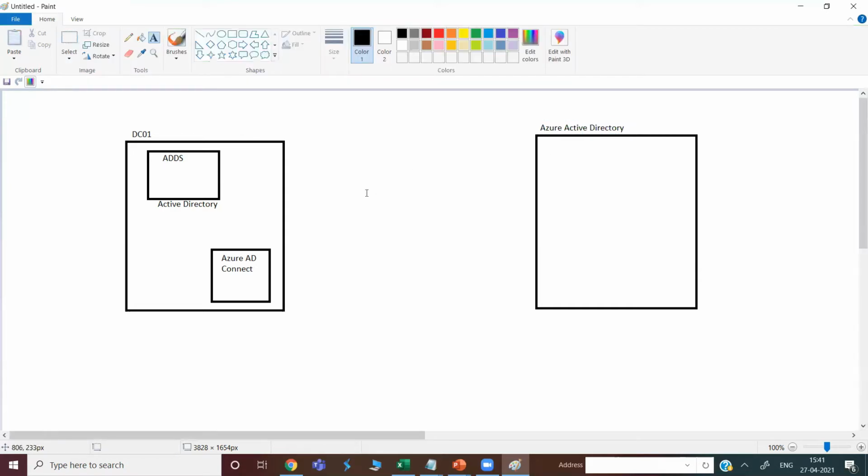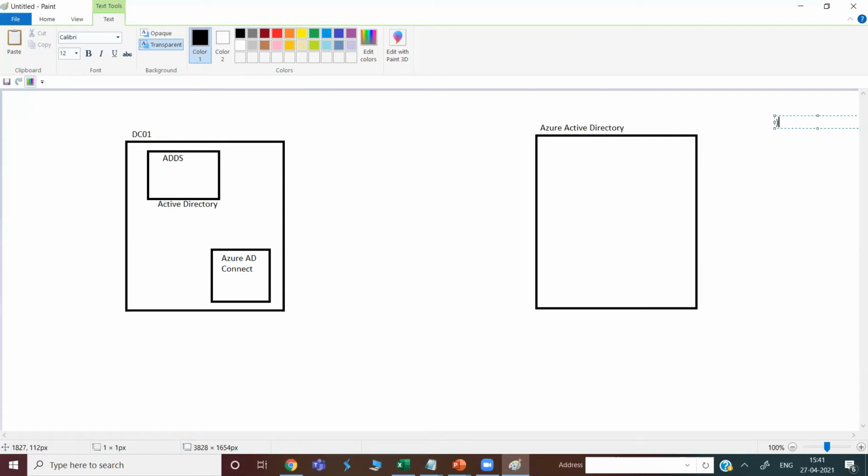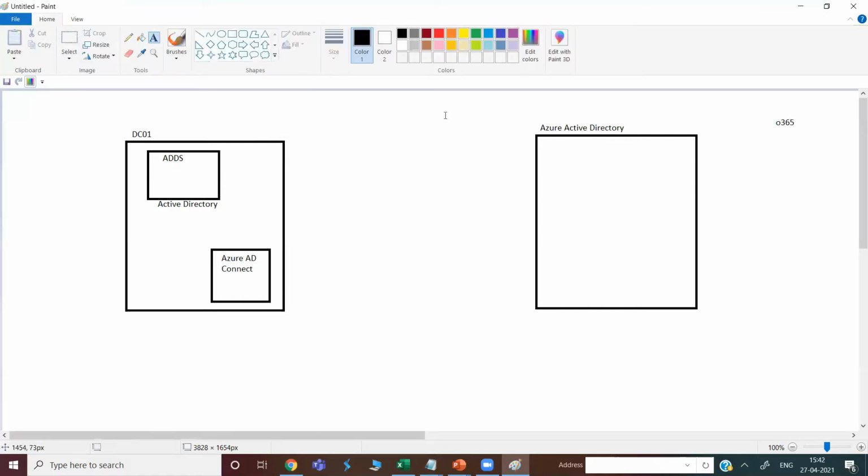Let's understand with the help of an example. Suppose you are trying to access Office 365, and Office 365 is an application, right? This application is integrated with Azure Active Directory.